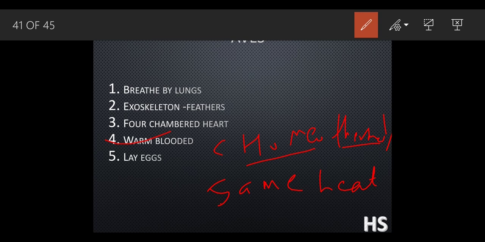Now, what does that mean? Their body temperature is constant, whether it is too hot outside or too cold outside. The body temperature is going to be maintained perfectly. It can't be too high or too low. It has to be maintained at the same temperature. Unlike how fishes cannot maintain their body temperature. But this Aves class and the Mammalia class are warm-blooded. The next class I am going to show.